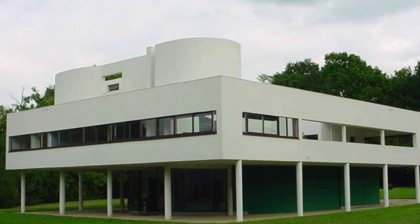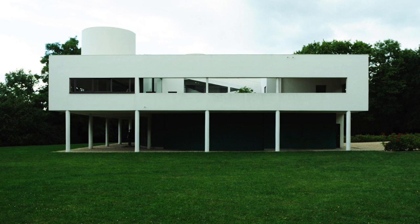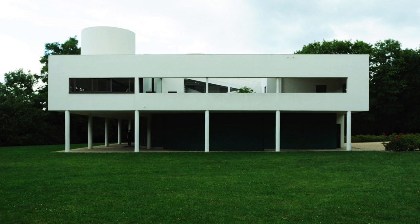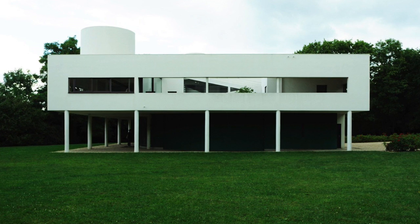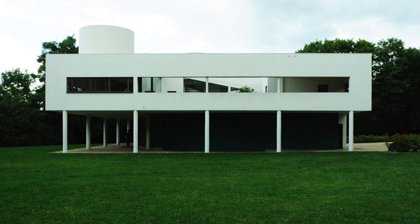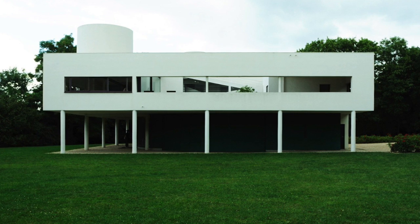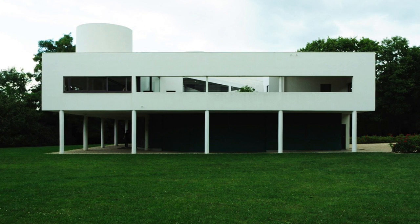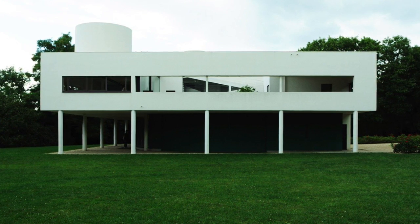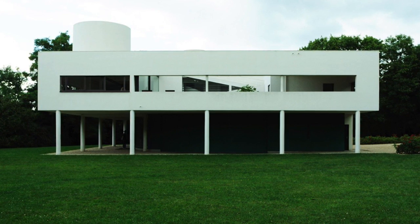When first seeing the building, you don't think much of it. It is not exactly a building seeking to impress its audience. Extremely plain, white concrete exterior makes up the house of cubic form. The upper level of the building is a thin, square slab sitting atop a series of columns, giving the house an airy and weightless aesthetic. The lower level is made up of a grid of these columns as well as a driveway that wraps beneath